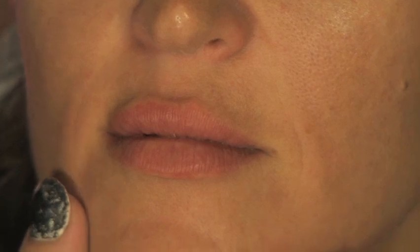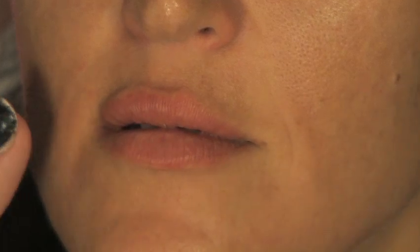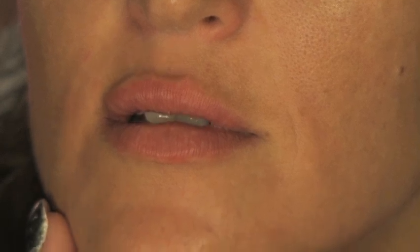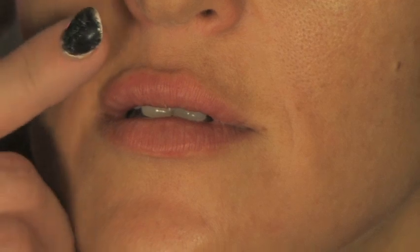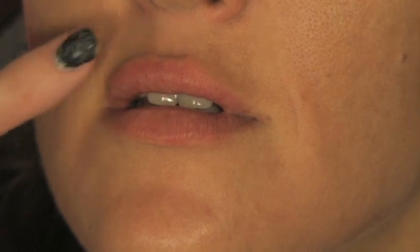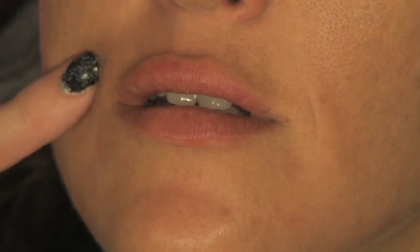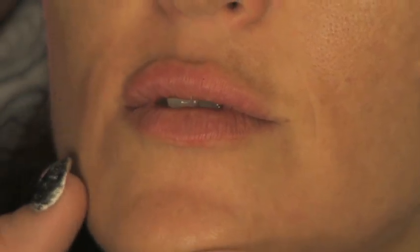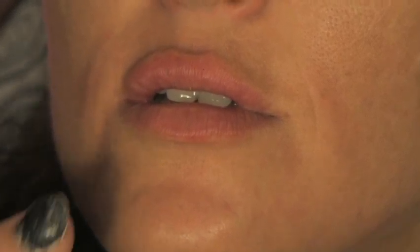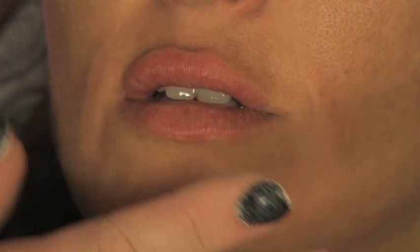As you can see, even right after, she's full. There's a nice all over fullness to it. It's not too much, it's not overdone. And this is what we're looking for, even right after. They're gonna go down just a little bit. If there's too much along the border, she can massage that down a little bit and soften that out, or she can leave it, and that will be up to her and how she feels best. But I always advise my patients, leave it alone for a couple days, let it settle, and ideally, this is really what you want when you're walking out right after. A little bit overly big because